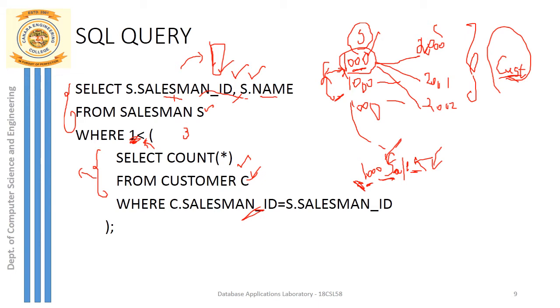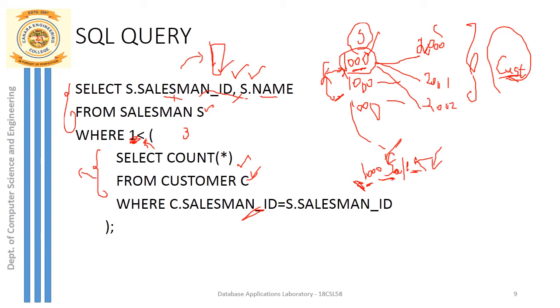So what I can do over here is, as a part of the outer query, what I finally want is this particular salesman's ID as well as his name, which I have to list out as per the question. I cannot find the salesman name inside my customer table. There in the customer table I find only the salesman ID. In order to retrieve the salesman name, I have to go to the salesman table, wherein I can find this person's name. So in the outer query, I'll write the salesman ID and the salesman name, which I have to finally list out as a result.